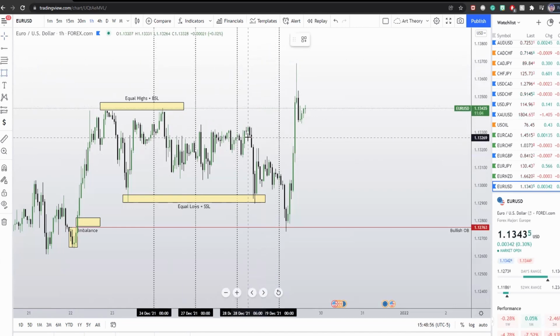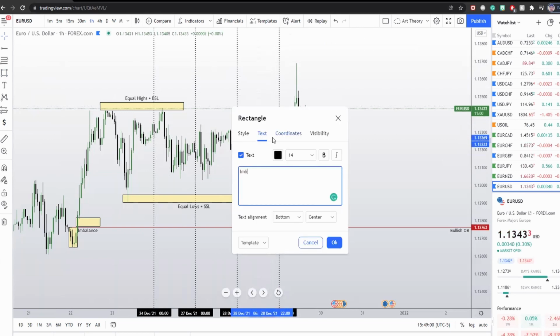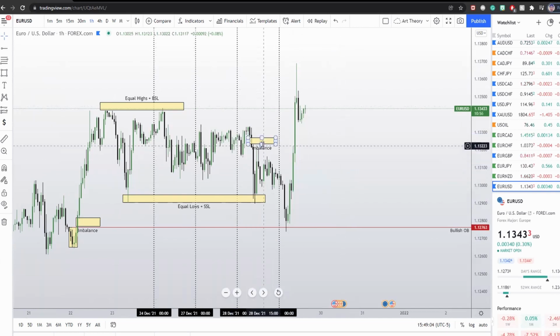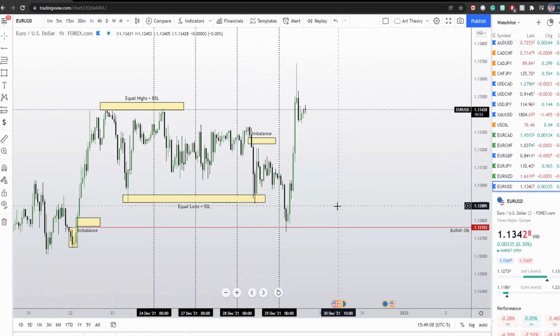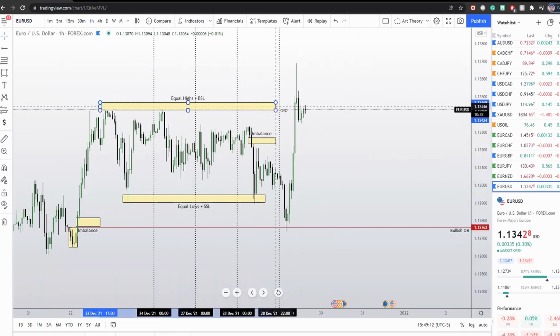However, I start just jotting these out. Imbalance right here. Imbalance right here, let me just put that on top. Imbalance right there. That's what we'll be targeting along with these equal highs right here. So price comes down, takes out sell side liquidity, fills the imbalance here, hits this order block right here,